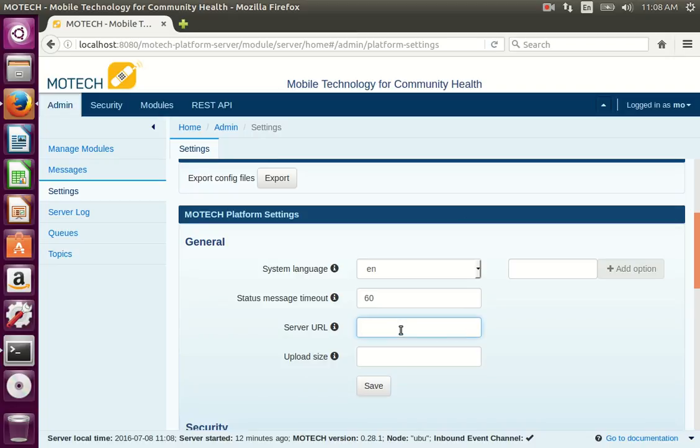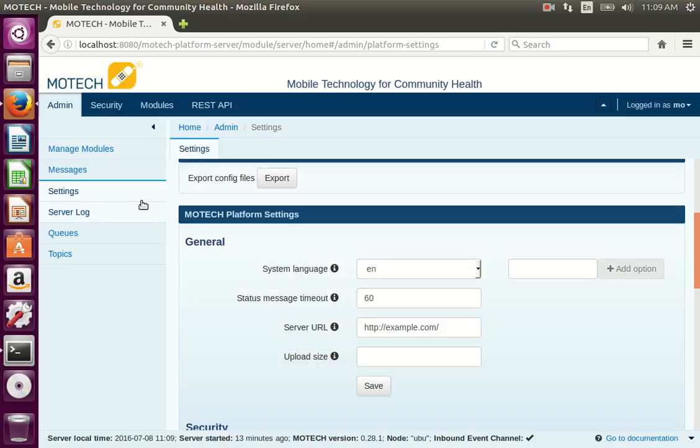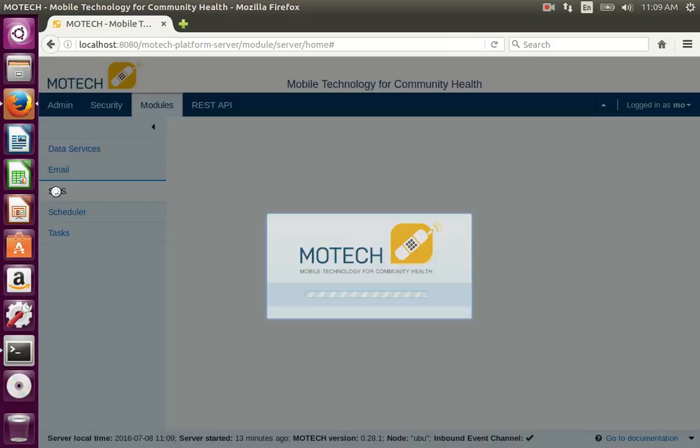So were we a real implementation, we would type in the IP address or the domain name for a machine that would be receiving that acknowledgement from the SMS provider. But for now, just for the sake of this demo, I'm just going to put example.com. So let's say this is the address of my server. So I'm going to hit save, and now I'm going to go back to the modules and SMS tab,